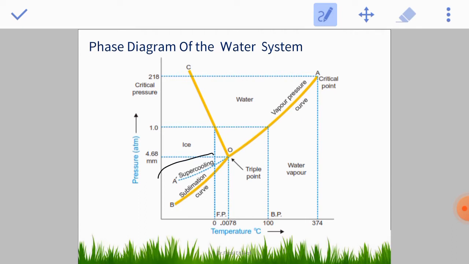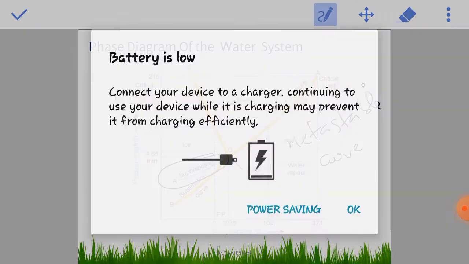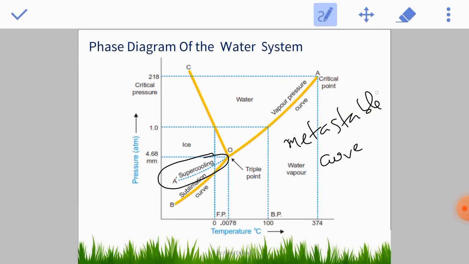This part, this dotted blue line curve, is called the metastable curve. So the question is, what does the metastable curve mean in the phase diagram of water? You have to explain it, and you have to write it